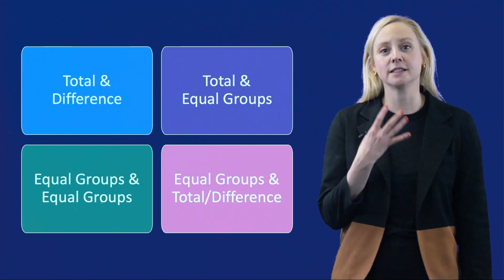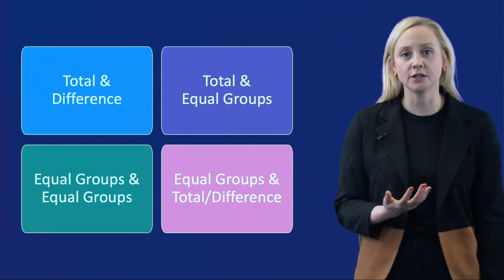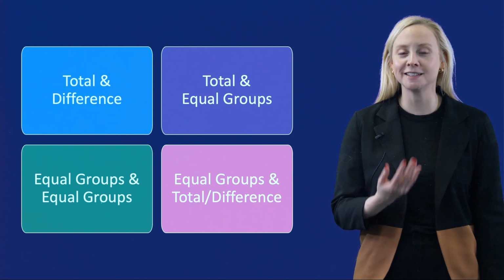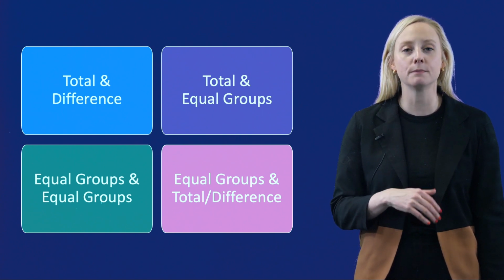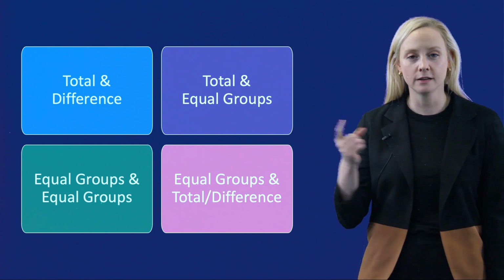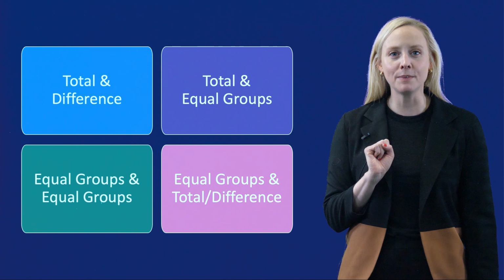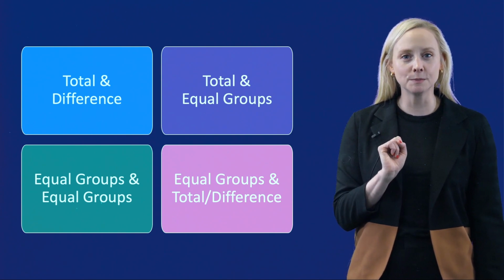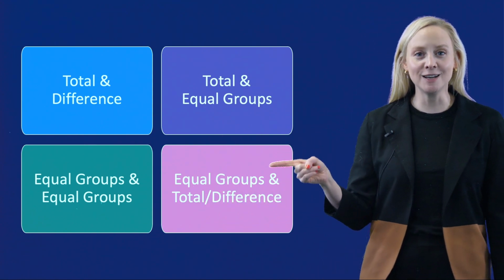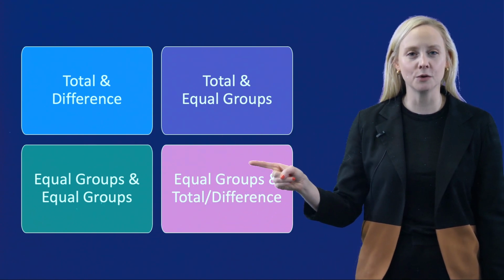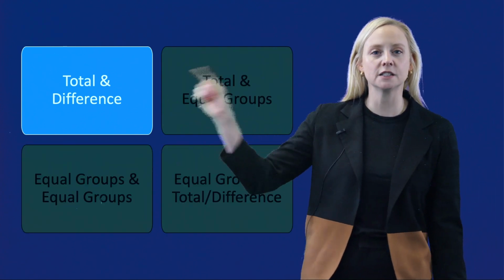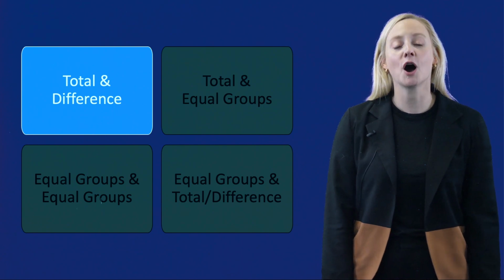We have 4 different types of multi-step word problems that we introduce in our multi-step word problem intervention. I did an inventory of the standardized tests and made a list of the most commonly seen multi-step word problem types, and we came up with 4. We have total and difference multi-step problems, total and equal groups multi-step problems, equal groups and equal groups multi-step problems, and equal groups and difference problems. Again, the focus of this video is going to be this first type of multi-step word problem, our multi-step total